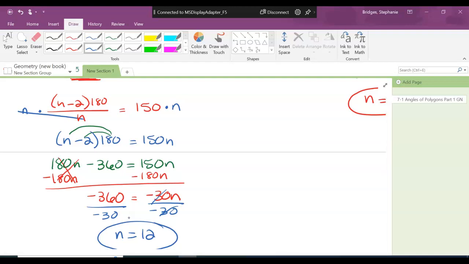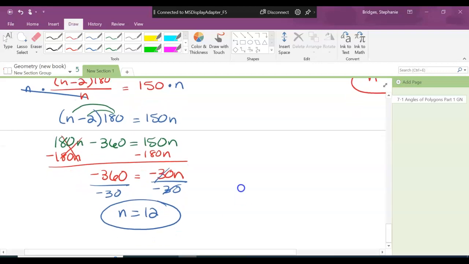Anybody have any questions? That's the last one, right? On the page? Okay. All right. Then we are all done. The paper I just gave you